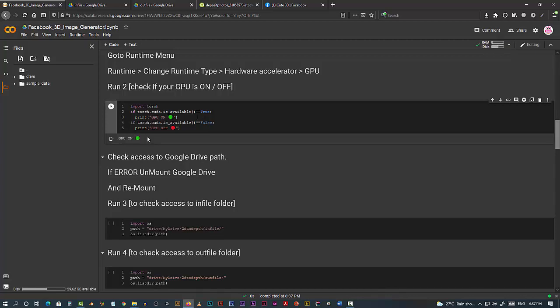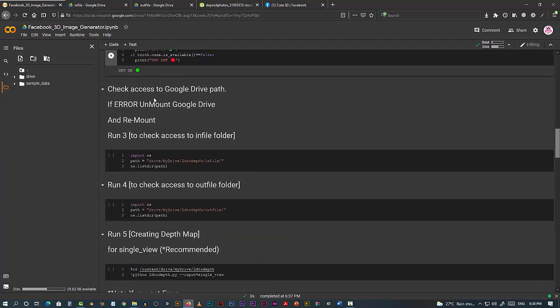Okay, my GPU is on. Now check access to Google Drive path. If error, unmount Google Drive, remount. Okay, now there is a small weird problem that I have found, that when you write the code and everything,